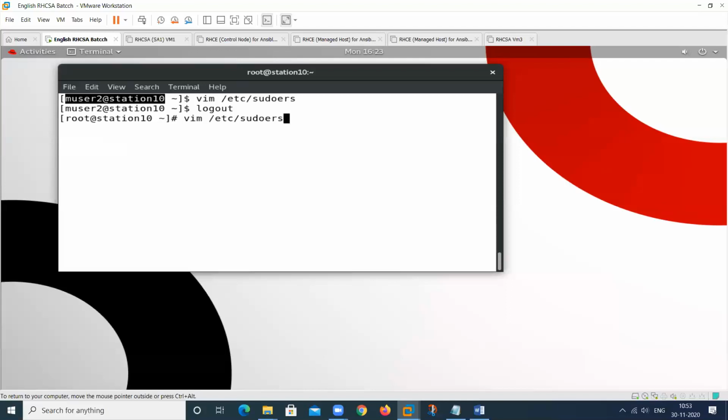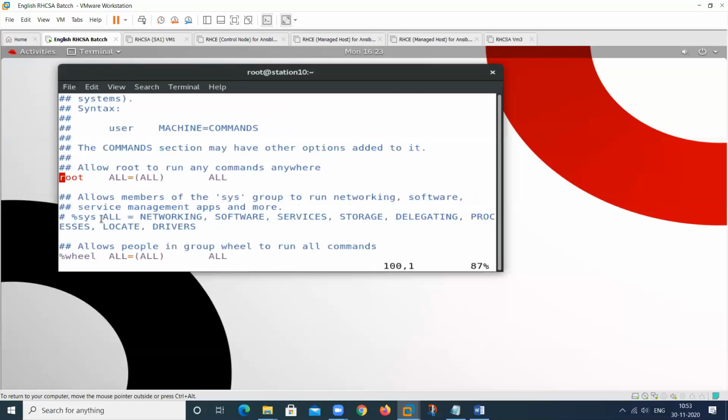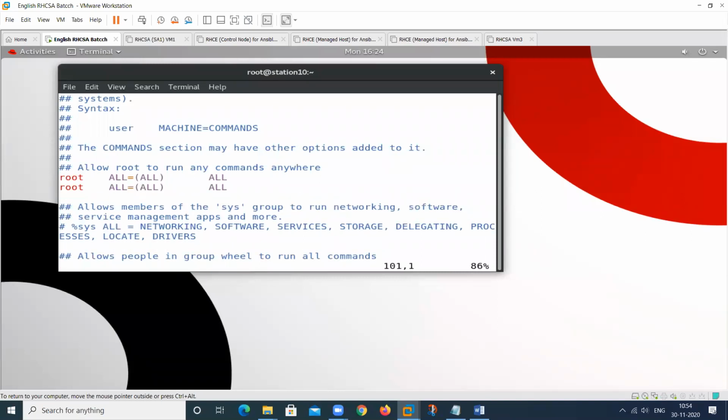So type colon here and 100. So this is line number 100. So go to this line number and press yy, two times y, then again p. So this line will be copied and pasted below the root line, and change the name.